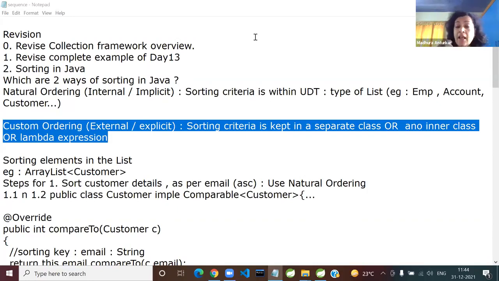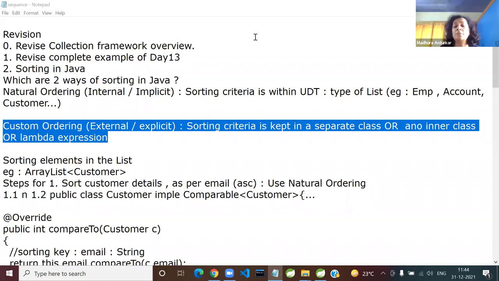So the answer is, suppose I give you a scenario. Suppose option 1 is sort the customer list as per email. You have done it. Great. Happy. But option 2, imagine buttons or case options, whatever. Option 2 is sort the customers as per their customer plan chosen or as per the customer name. Is it possible using natural ordering or not possible?